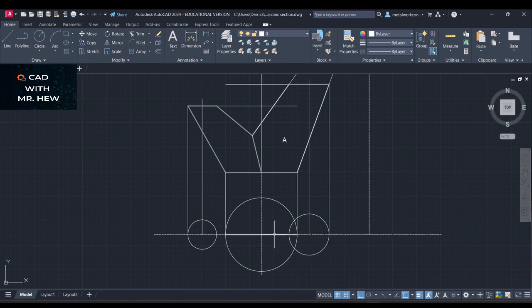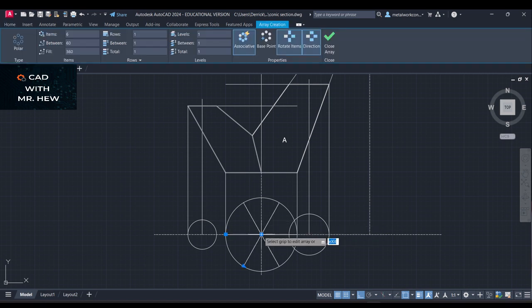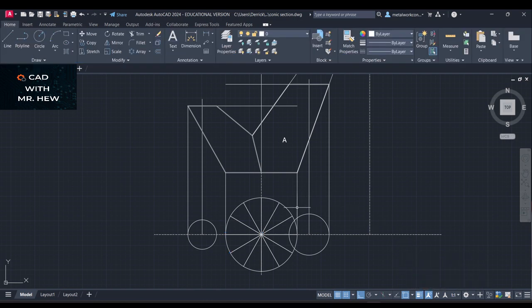Enter. Is a line there? Yes, good. What we're gonna do now, we're gonna array and select polar array. Enter. The center point, we're gonna choose here. All right. We need 12, so I'm gonna come up here and change this to 12. All right, so there we have our divisions for the circumference of the common circle